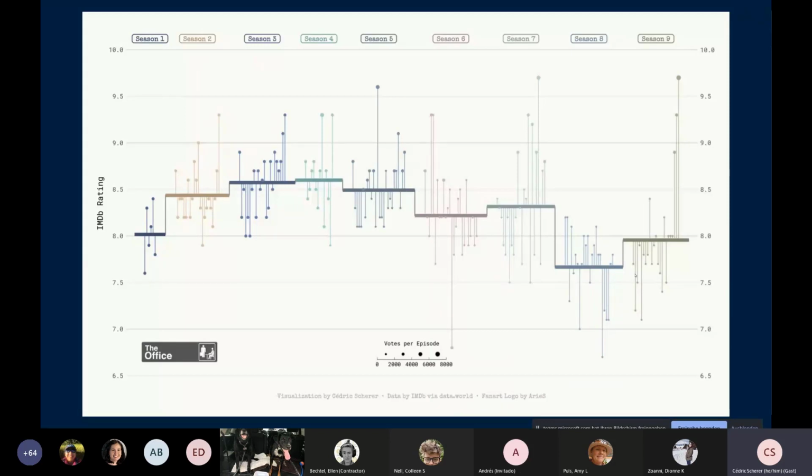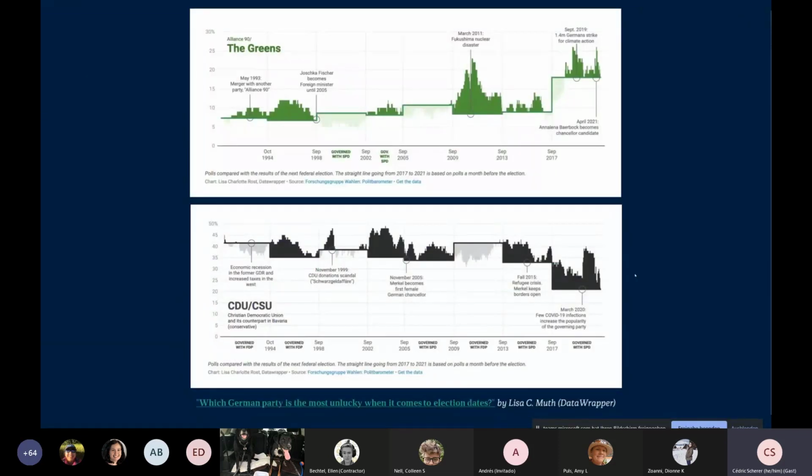And then the lines indicate each season of The Office, and of each episode, the lollipops are indicating the single ratings. And here we have some temporal ordering. We start with some season, and we also have some grouping. Each season belongs together. So we can basically do for every season what I showed you in the beginning for the worlds.